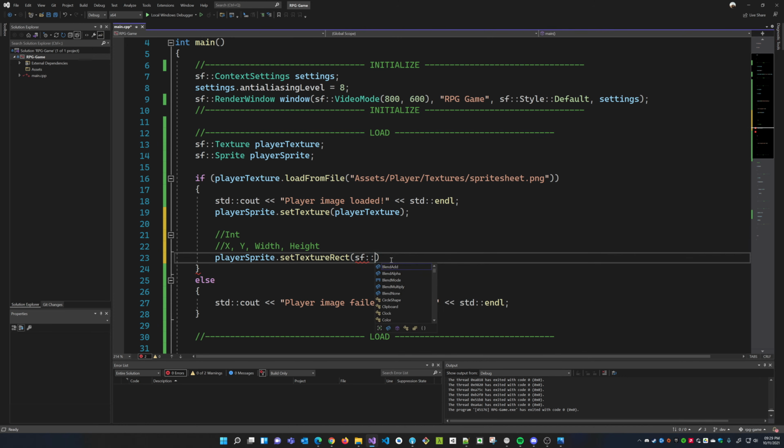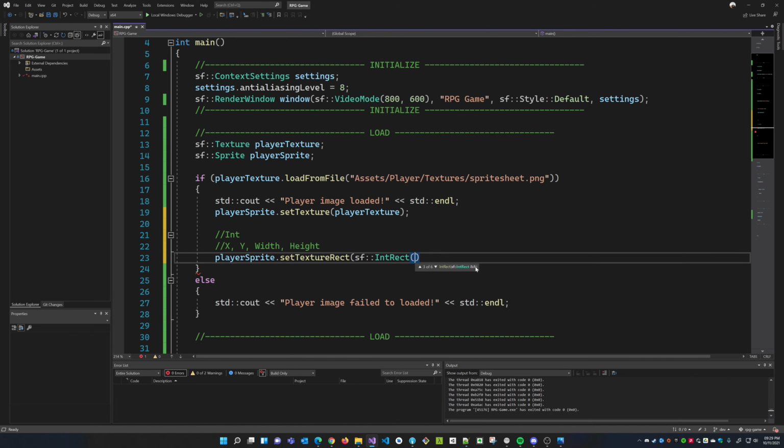There's also a Rect class, which can be a float. So you can have a float rect, and you can have an int rect. In this case, this requires an int rect. You can see there are 6 versions of this function. There's a version that takes nothing. There's a version that takes left, top, width and height.